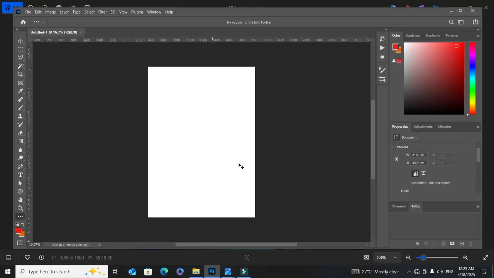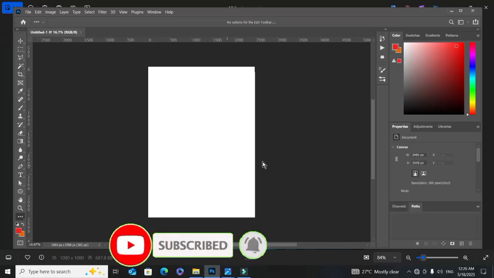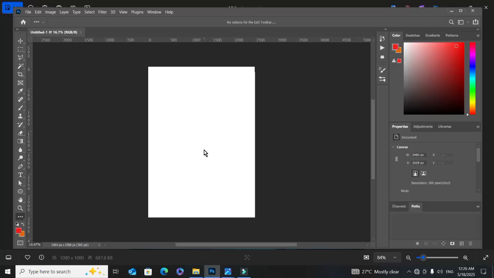Alright, this is it. Now this document here is where everything that you want to work on will appear. But we are not going to be using this document for now. I just want to show you how to create a document. Now, if you create your document, what are you going to do with it? That is when you have to bring in some files or some resources that you're going to work with. For example, if you want to design a church flyer, this is where you have to drop in the images of those who are supposed to be on the flyer, your resources, your background images, and so on and so